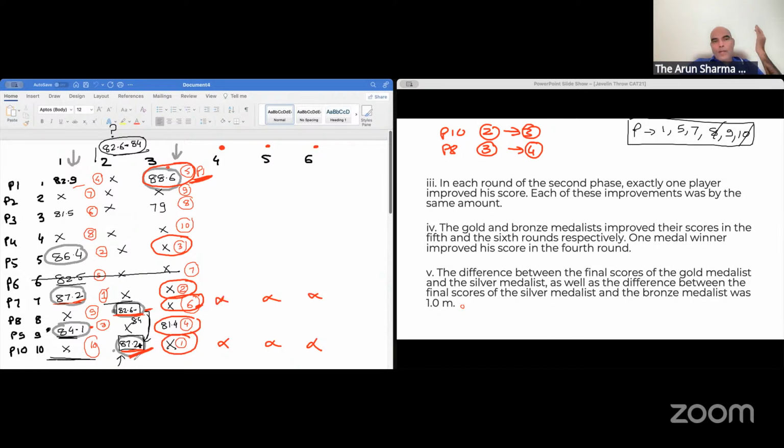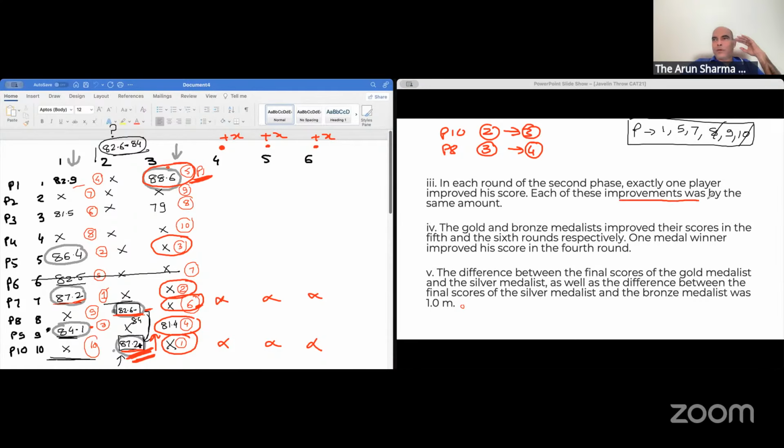So intuitively we realize that P10's value is already 87.2 plus. If I raise his value further, if I give him a plus X, a plus X, a plus X, three times, it's going to be difficult to keep him out of the winning race, right? It might be possible. No, it will actually not be possible, because if I raise his value from 87.2, even by 0.1, or 87.3, even by 0.1, then